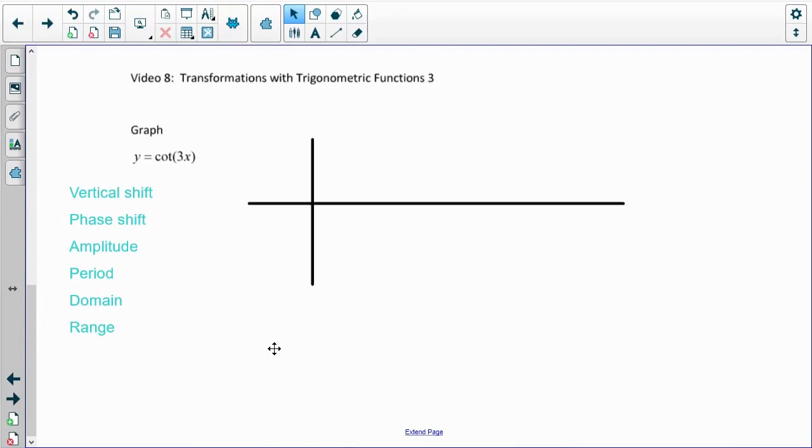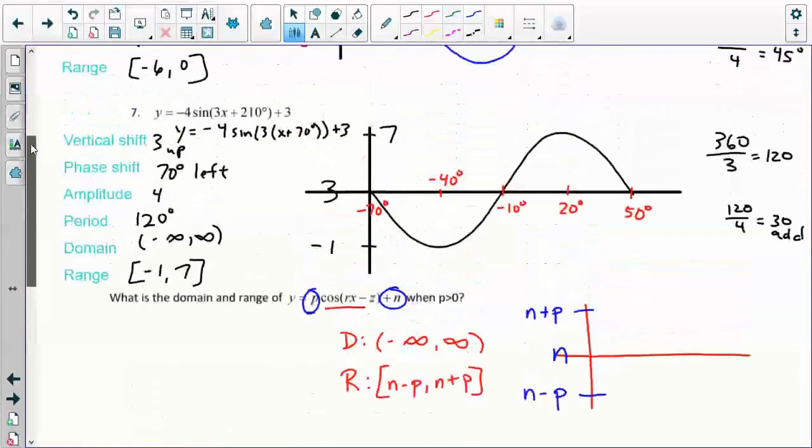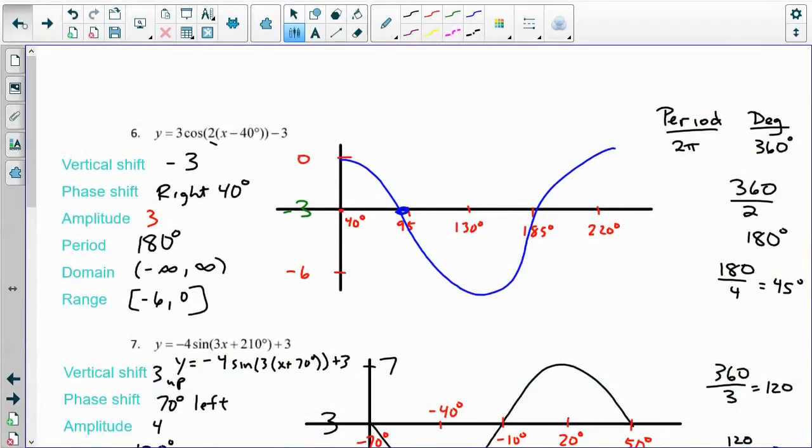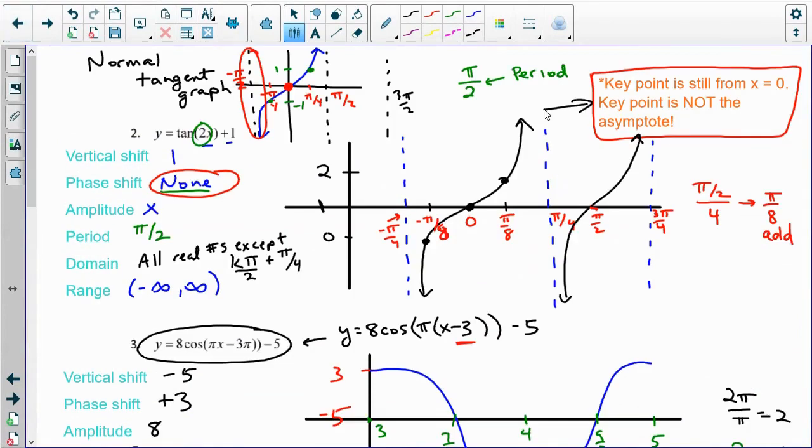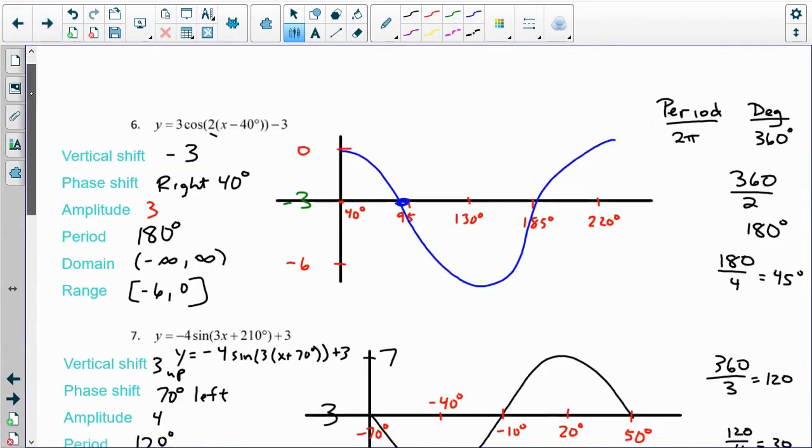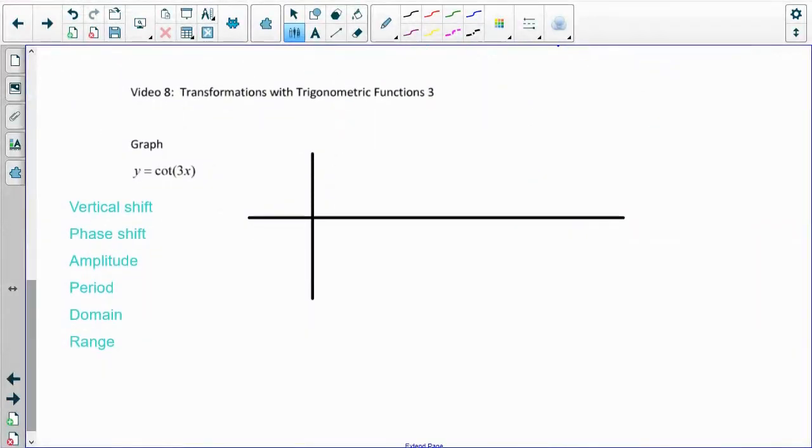The following video is one more time where we get to talk about trig function transformations when we're graphing them. So let's graph y equals cotangent of 3x. Just like in the last video when we were talking about tangent, we do the key point from x equals 0. Now, when we're talking about cotangent, that's not that bad because when we look at the graph